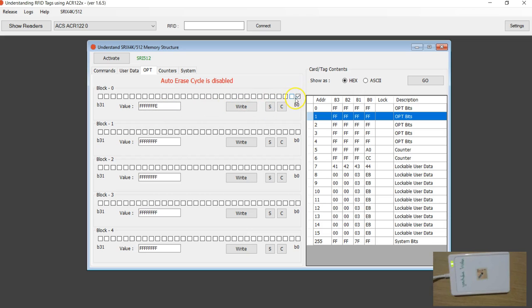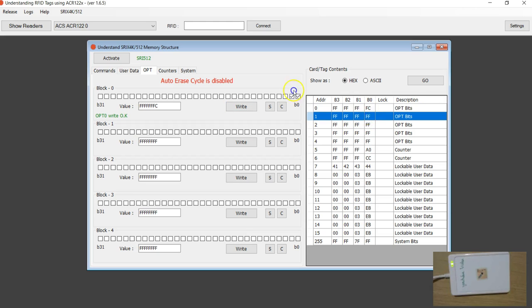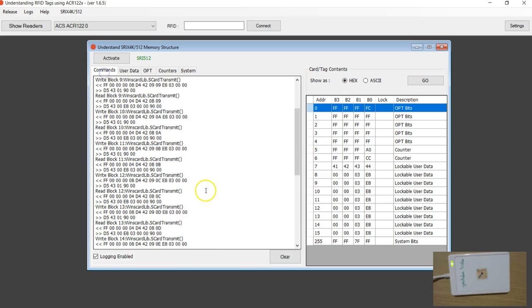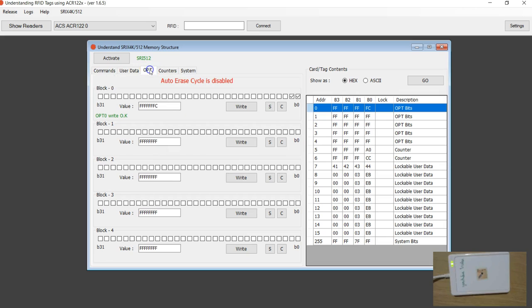As you see here, as soon as I put a tick, the actual hexa value is shown here as well. So I'm going to put 2 ticks and say write. Now the OTP is written, and again, if you look at the commands here, everything is just an ordinary write block and read block. Now I'm going to write some more bits, and I'm going to remove the one that's already written. If you say write,